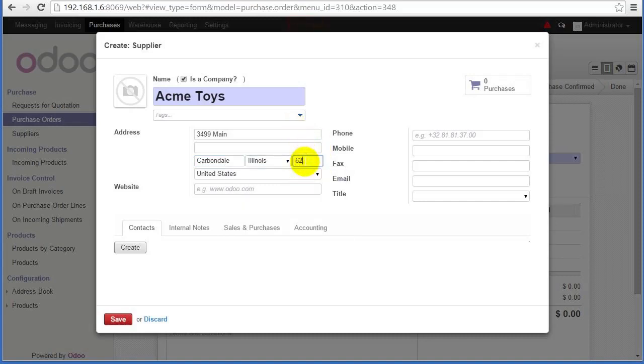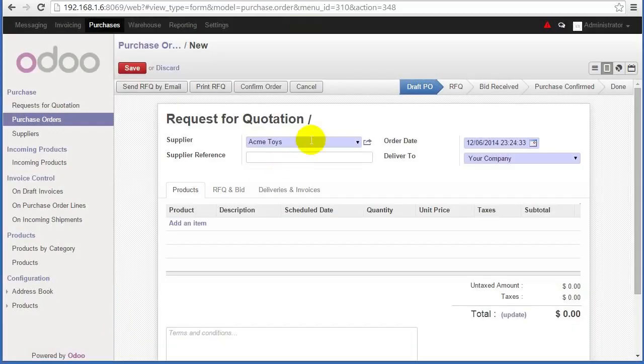And this should all be familiar from the plenty of other videos we have, so you can fill all this in. We're going to hit save so that it'll fill our supplier in. Now, the supplier reference in a business scenario will typically be their quote number. So if you've already talked to them and they've given you a price, or some document that says this is what your bid is,